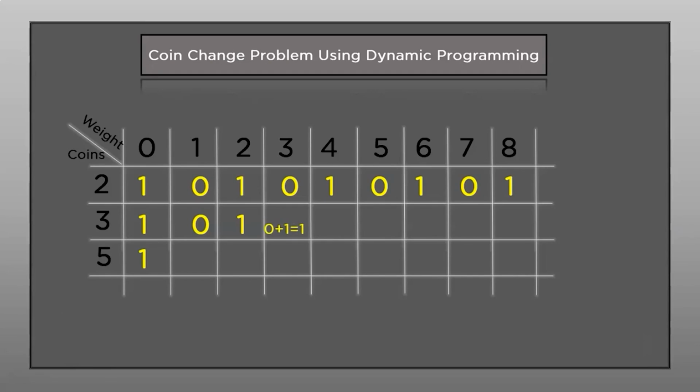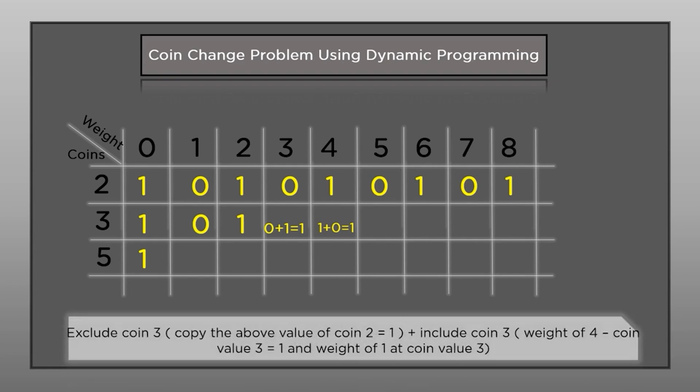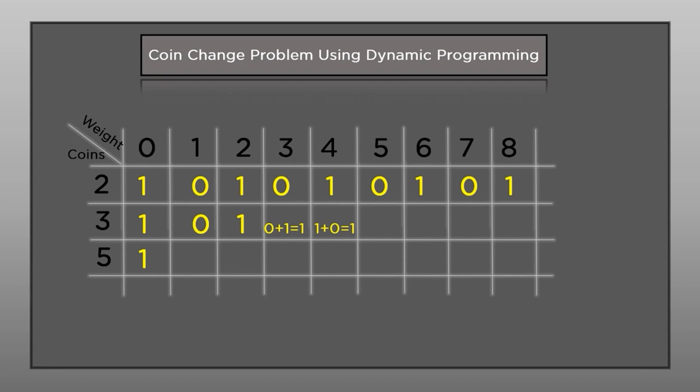Next, for sum 4, we exclude coin value 3. We must simply copy the value which is above, which is 1. And by including 3, we must subtract the coin value, which is 3, from the sum value, which is 4, which gives 1. And what we have below sum 1 in the same row is 0. So we add 0 and 1, which is 1. In the same manner, we will fill out all the entries for sums 5, 6, 7 and 8 of